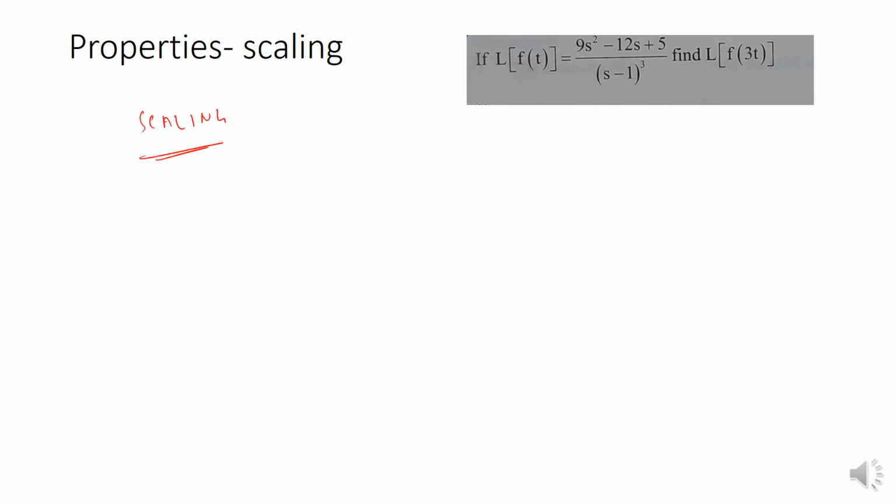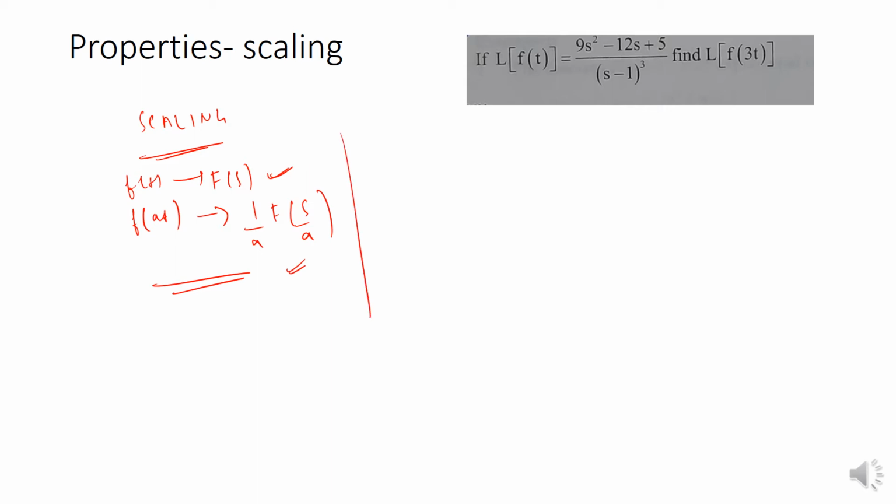So what does this mean? If f of t gets transformed to F of s, then f of at will get transformed to 1 by a F of s by a. This is how it gets transformed. If I have f of t, the Laplace transform is F of s, then for f of at the Laplace transform is 1 by mod a F of s by a. Now we will see with some example. Here I have been given